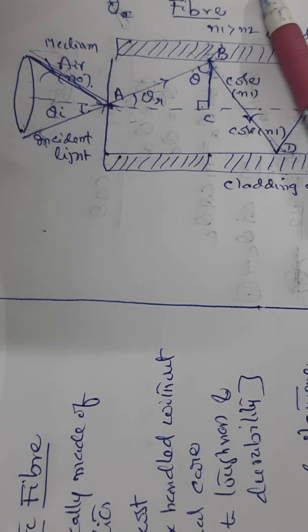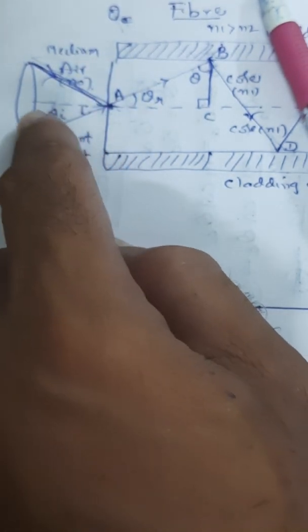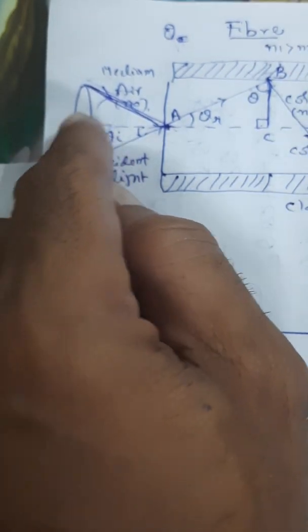Now, if you rotate this acceptance angle about the fiber axis, we get an incident cone with a semi-vertical angle theta A. Light within this cone at the core of the optical fiber will be accepted by the fiber for guiding the light through it. And therefore this is what is called the acceptance cone. That means, simply speaking, the light coming from outside only when it enters into this cone area will undergo TIR.